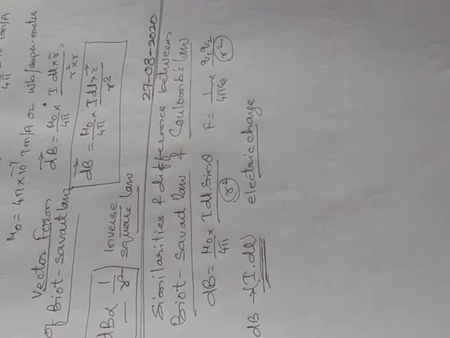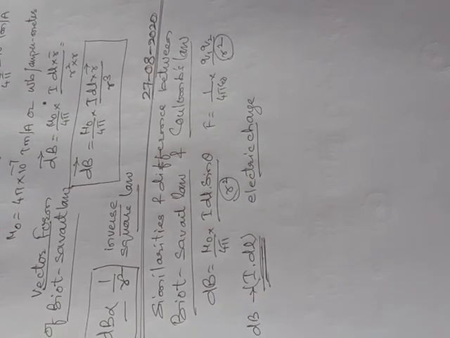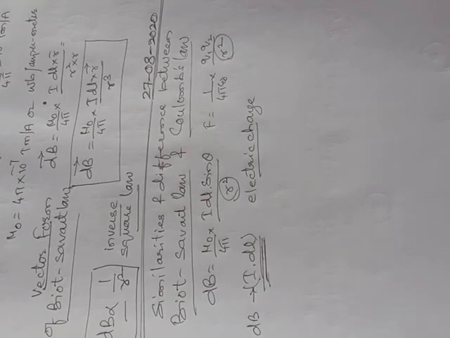Okay, second point, electrostatic field is produced by scalar source, that is charge, but magnetic field is produced by vector source, that is I into dl. क्लियर हो गया? Third point, electrostatic field is along the displacement vector joining the source and the field point, but magnetic field is what? It is perpendicular to the plane containing the displacement vector and current element dl.